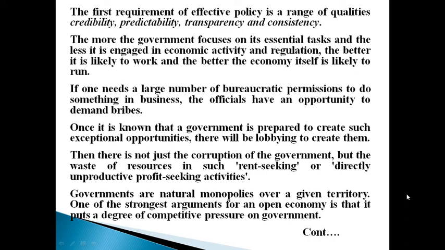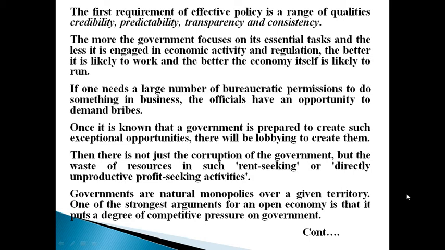If one needs a large number of bureaucratic permissions to do something in business, the officials have an opportunity to demand bribes. If it is known that a government is prepared to create such exceptional opportunities, there will be lobbying to create them.